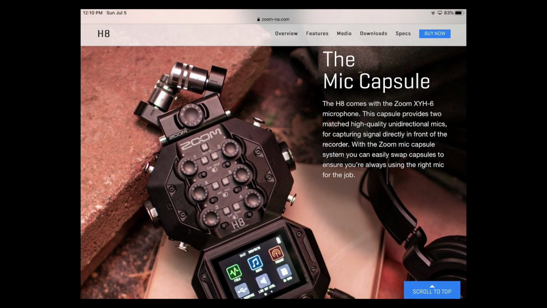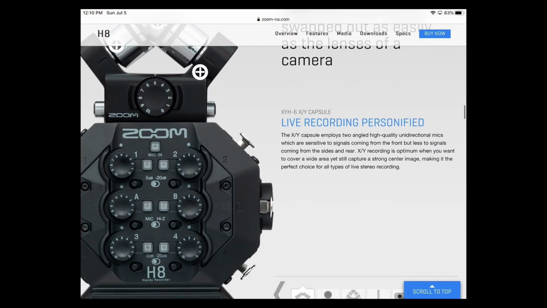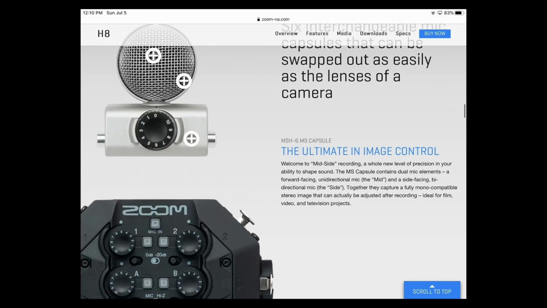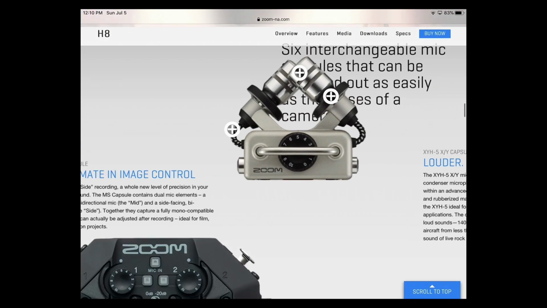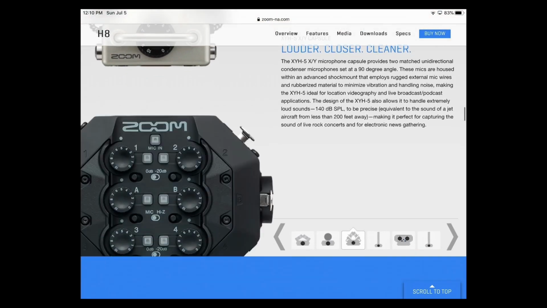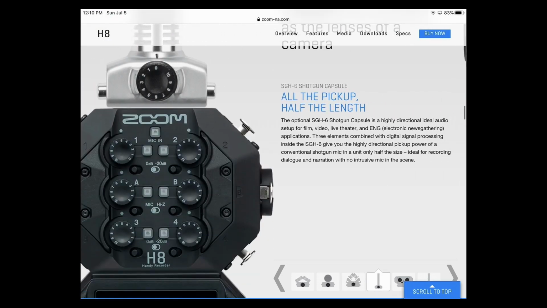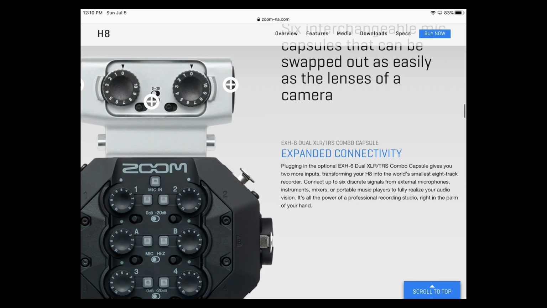Of course, it comes with the XYH6 microphone capsule, which I believe is the same capsule that's on top of the Zoom H6. And then, of course, they have a variety of other capsules as well. And we've seen all of these here. There's a mid-side, for example. There is the capsule that comes with the H5, which is a stereo. There's a shotgun. There's an add-on for 2 additional XLR inputs, although I don't believe that this one provides phantom